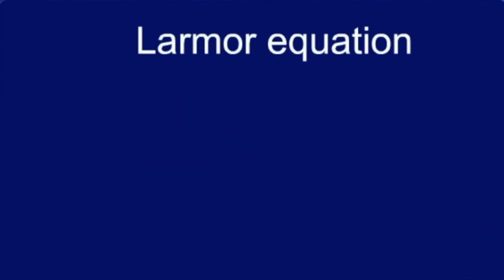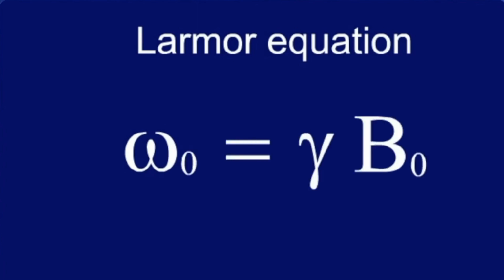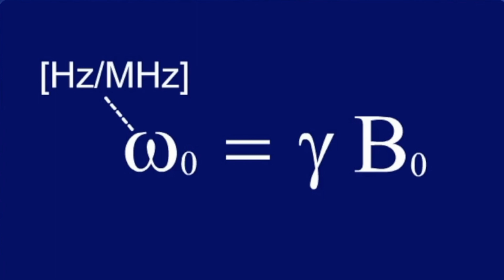It is possible and necessary to precisely calculate this frequency. This is done by using an equation called the Larmor equation. Omega 0 equals gamma B0. Omega 0 is the precession frequency in hertz or megahertz. B0 is the strength of the external magnetic field, which is given in Tesla, T, and gamma is the so-called